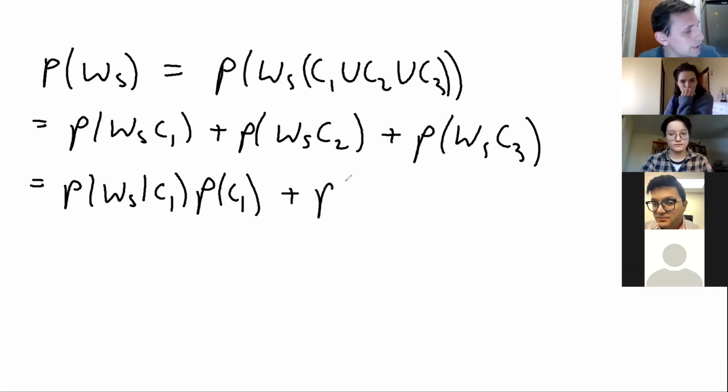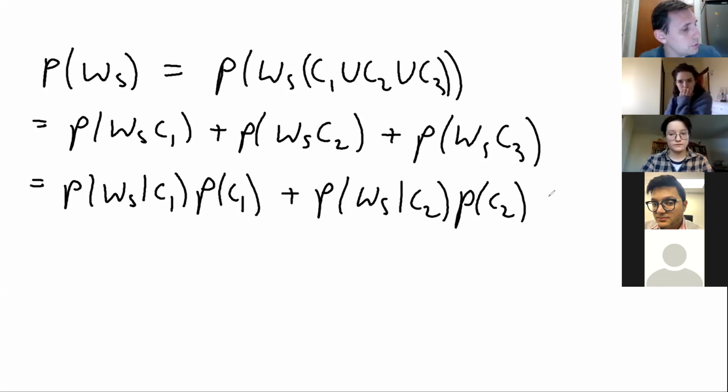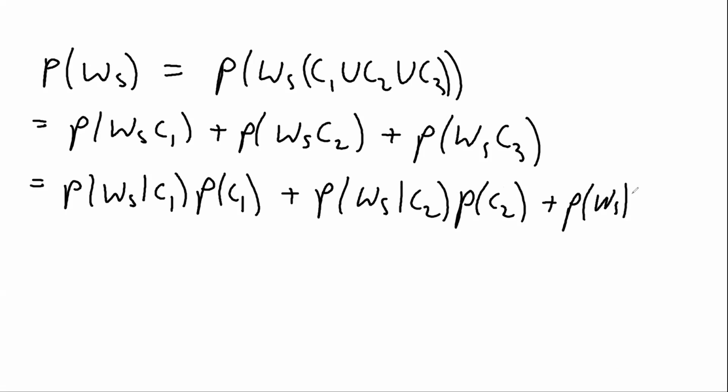And plus winning by switching given the price is behind curtain 2, times the probability of being behind curtain 2. And finally, probability of winning by switching given that the price is behind curtain 3, times the probability of curtain 3. What do we get? Each of those is 1/3, right? Now let's consider